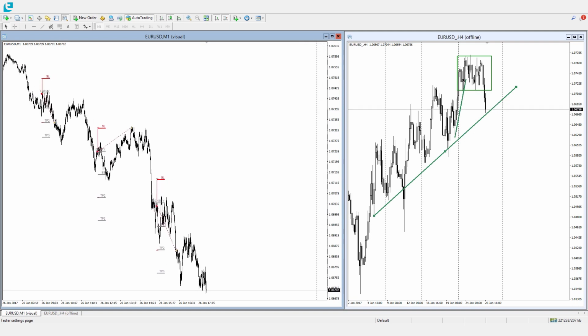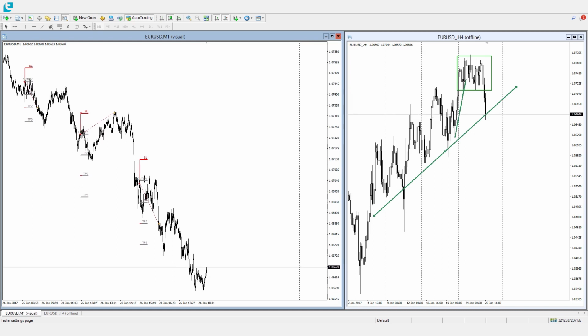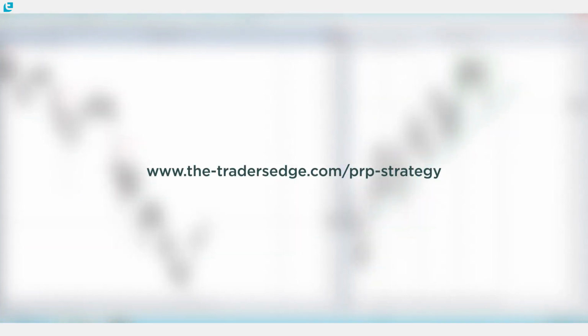But yeah, that was 7 days of backtesting the profit release indicator and strategy. This is how you trade it, preferably,